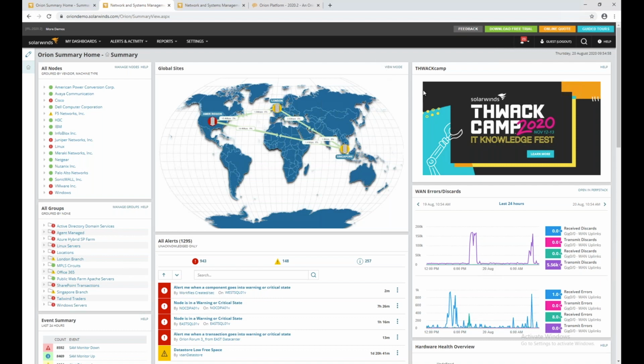Cool. Thanks, Matt. So what you can see here is the Orion summary home for the SolarWinds online demo. I'm just going to be using a mix of that and our own lab environment to demonstrate this new mapping. And actually, something I want to point out, just coming straight onto the page, what's the most eye-catching thing on the page? Well, it's the map. I mean, if I was just to scroll down a bit,